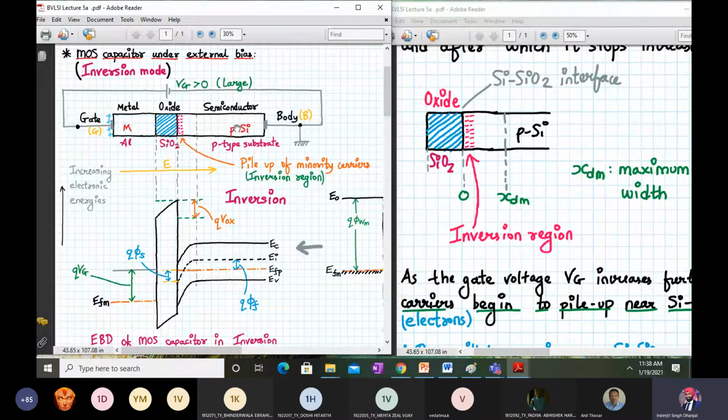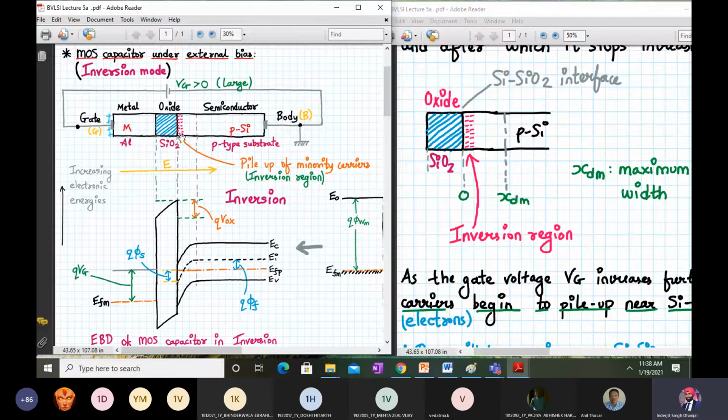So just listen very carefully, concentrate on the left hand side diagram. Okay. So when we apply a metal gate, we get some positive charge coming onto the metal gate. Now the majority carrier holes which are there in the p silicon substrate, they will get repelled by the positive charge at the gate. At the same time, due to the negative potential applied at the body, they will get attracted towards it. Other way of saying it. Okay. So the majority carrier holes in the p silicon, in other words, will go away from the silicon dioxide interface.